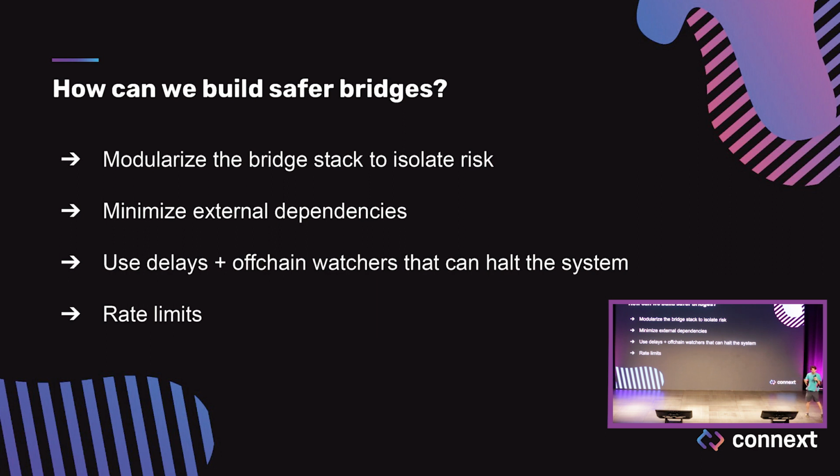In addition to that, there's a couple of other newer techniques that we are now starting to research and that have been talked about a little bit with the creation of things like optimistic bridges. One of them is using delays and off-chain watchers. So basically having fraud proofs, have a mechanism where an off-chain set of actors can halt the system if they notice something is going wrong. And this needs to work in conjunction with rate limits. Basically, remove the ability for people to be able to withdraw a very, very sizable amount of funds from a bridge or from any kind of ecosystem, really, in this space, in just a single transaction.